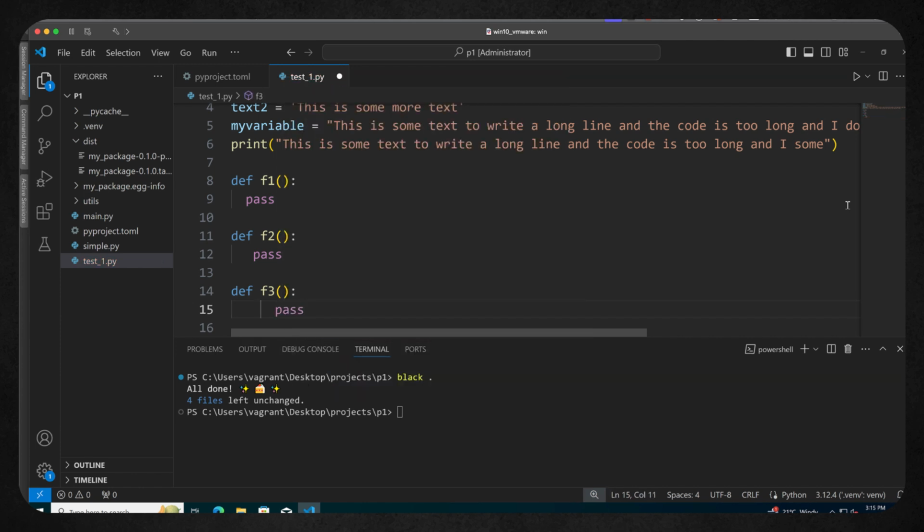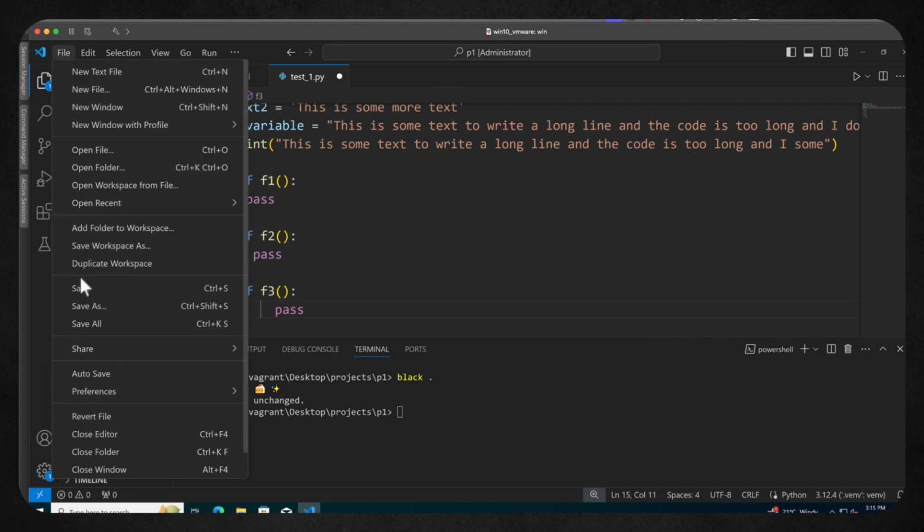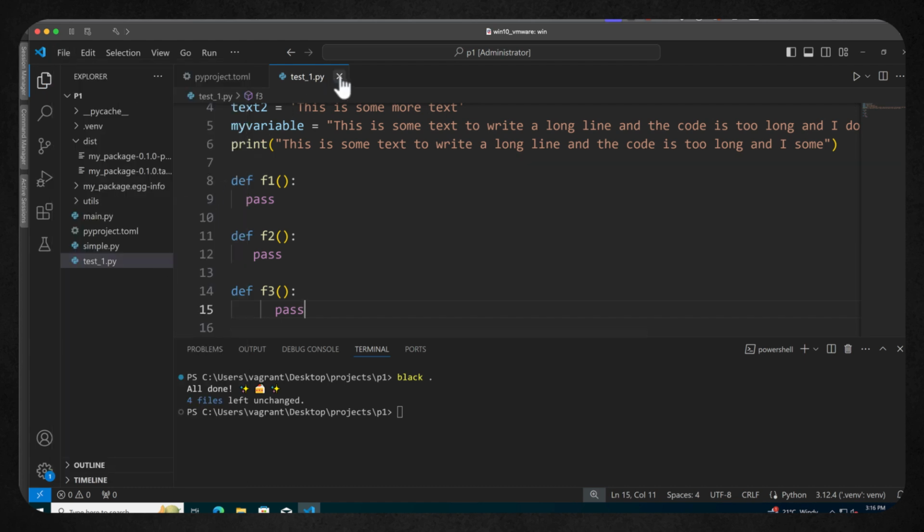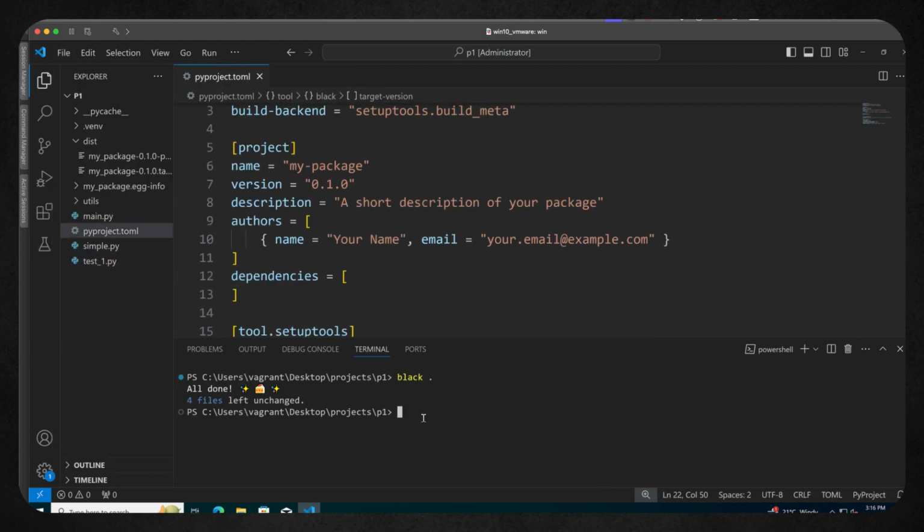I won't put a new line at the end, which should break a PEP guideline as well. But this code would work, but we've got a lot of inconsistencies. So now let's just save this, close it down for the moment, and then run Black again.